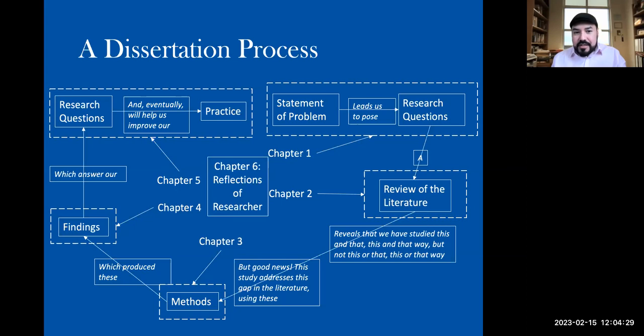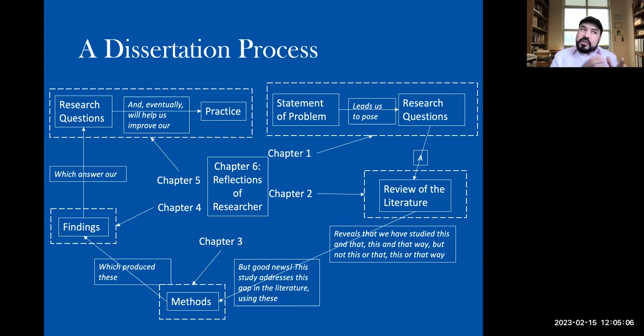However, another dissertation process that I personally like to use is a six-chapter dissertation, right? Where we try to address the problem of practice, right? We talk about the literature review, the methodology, the findings, and then the implications. But then we wrap it up again with reflections of the researcher. What is your commitment towards trying to personally address the problem that you're seeing in your field, that your research has highlighted, but then how do you commit yourself as a researcher to try to expand that field of study?